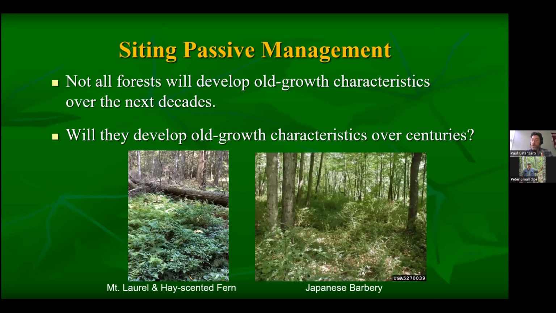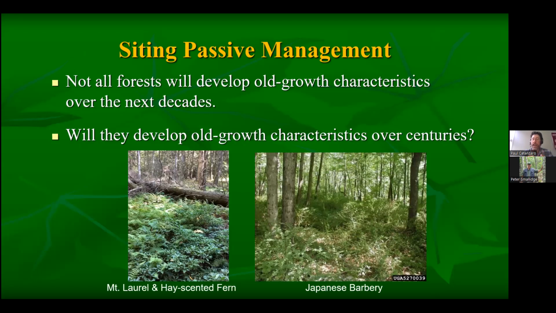I want to make this point, though, because there has been a lot of conversation, some of it very heated, about what is the best strategy for our forests, and should we just be taking a hands-off approach? This is the approach that would give, in most cases, the most amount of carbon storage. But I just want to be cautious with this, because